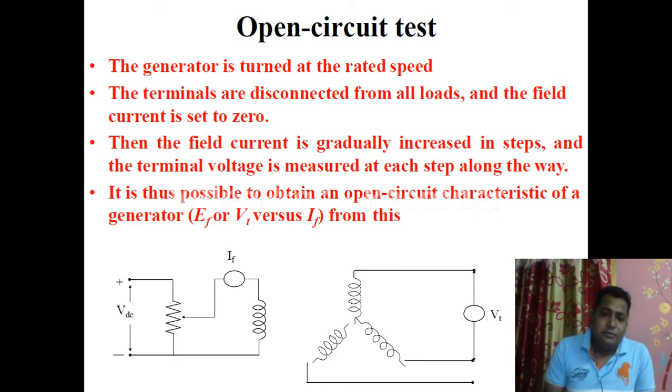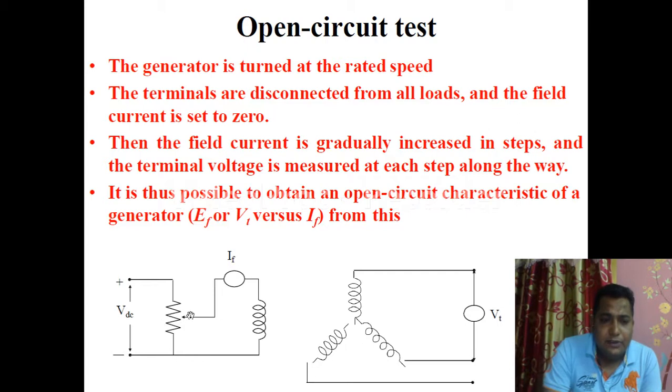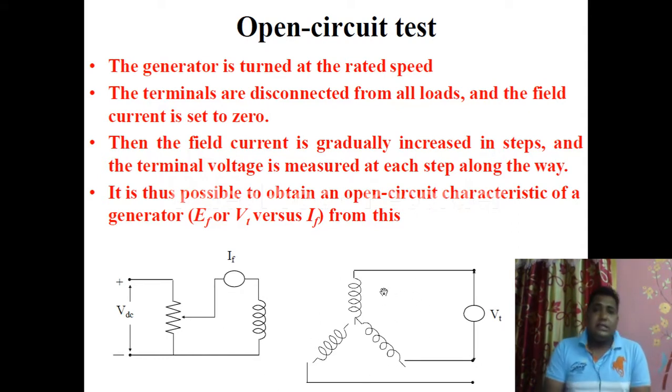Okay, and now follow my pointer, this is the field current. Now if we change this field rheostat, what will happen? This current is going to change. So when this field current changes, the flux will change, and if the flux changes, the flux cutting value will change. And from Faraday's law we know that E is equal to minus N d phi by dt. So whatever EMF is generated, that value is changing.